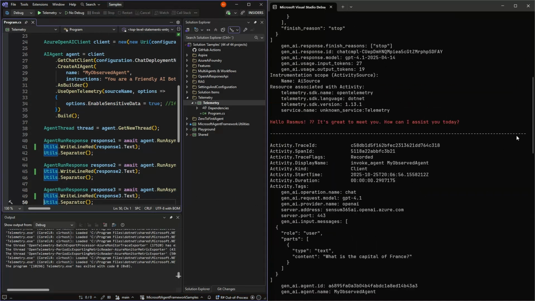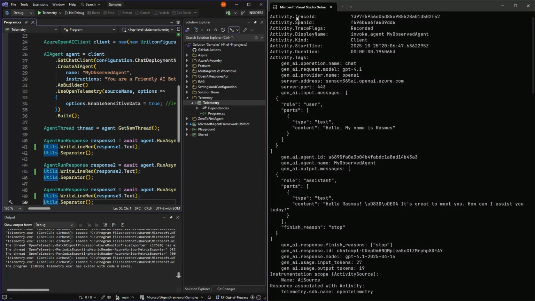So what's in here? We see a bunch of trace ID, span ID, all kinds of things about what happened. In this case, it was an invoke agent event. And it had some tags about it being a chat, the GPT model that I used, and that it was OpenAI from this address.